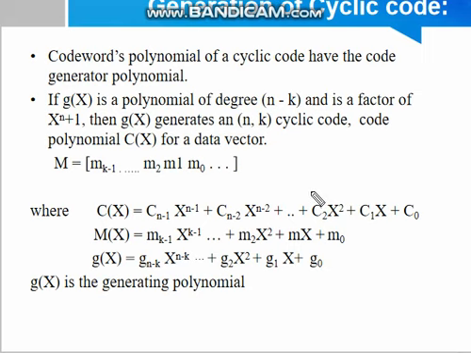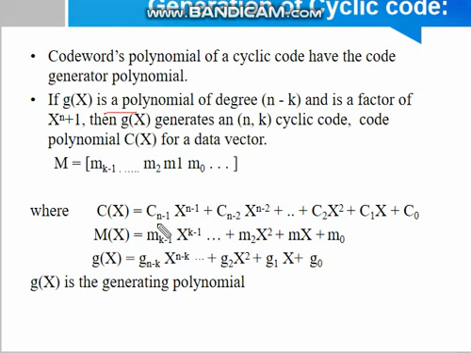Now we go for the generation of the cyclic code. The cyclic codes can be generated by the generator polynomial, which is of degree n minus k and is a factor of x to the power n plus 1. Say m is a message bit sequence that is represented by k bits of messages, that is message bits, m_{k-1}, m_2, m_1 up till m_0, and c is a code word and it is an n bit code